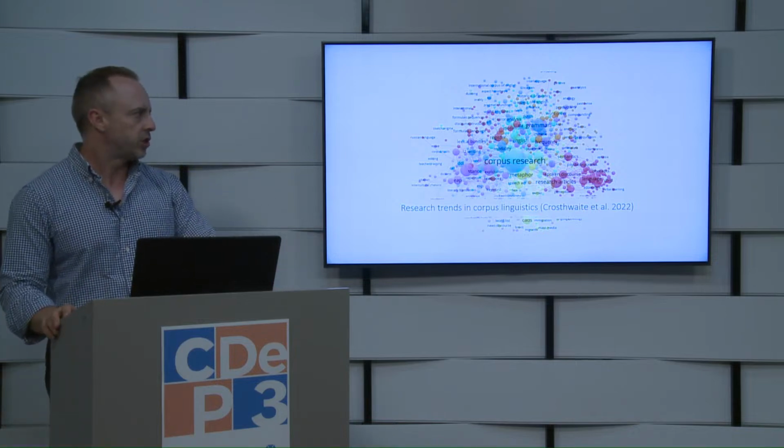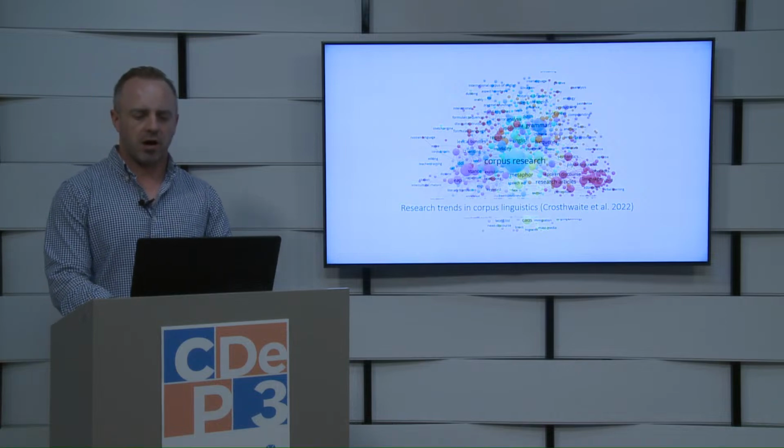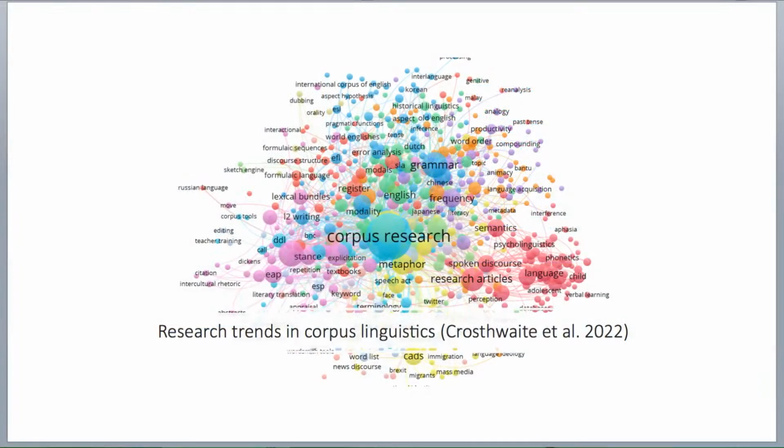And corpus research spans so many different kinds of areas of language, including research articles, second language writing, grammar, different languages including Chinese, Korean, Portuguese, English for academic purposes, written and spoken discourse, you name it. If you can get data in that text data, in that format that you can run the software over it, you can start to do corpus linguistics right away.